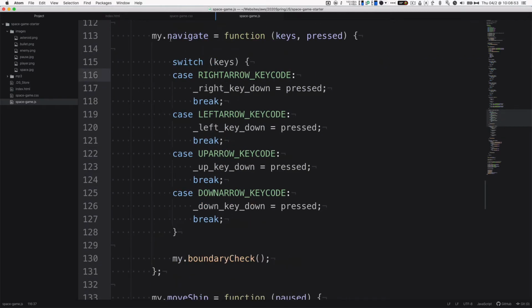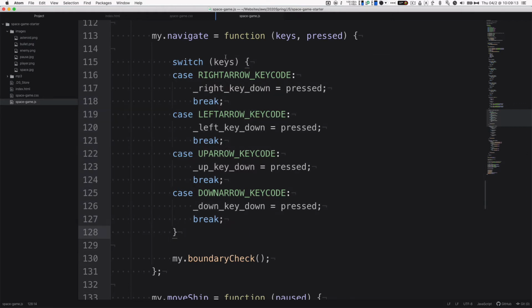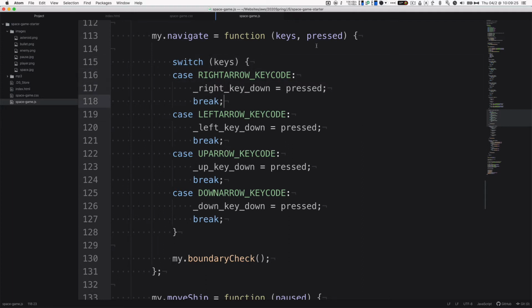So this is where the player, not the enemy, we are passing in the keys that are pressed. So we're passing in which keys are pressed here. So this is a switch statement, which is kind of like just a differently organized if statement. So we're saying if the key is equal to right arrow code, then say that this is pressed, and we only allow one thing to be tested at a time because it can only check one key press, and this is where we're